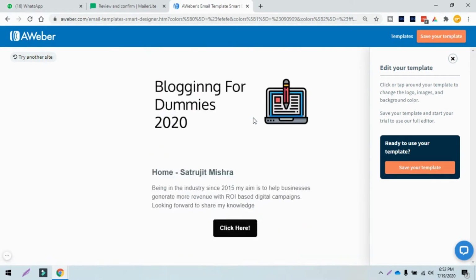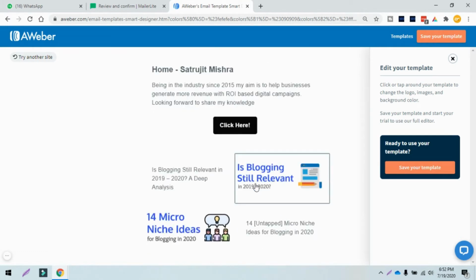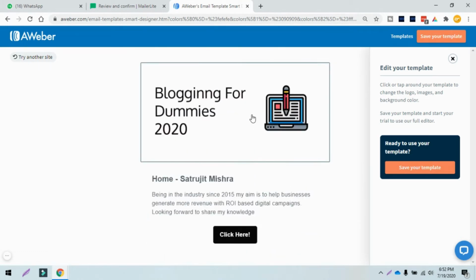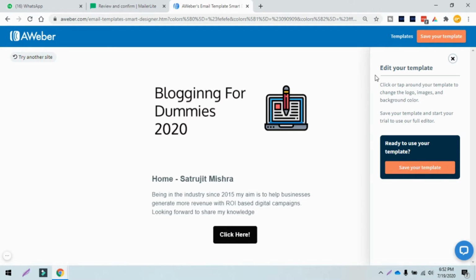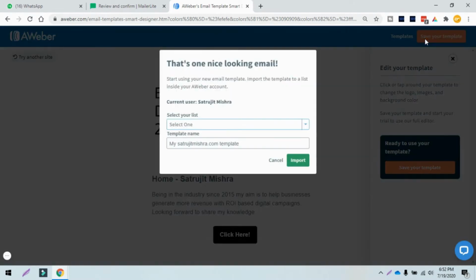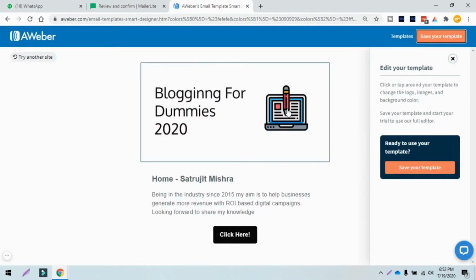It will take you at least 30 minutes to 1 hour to build such a template. So why not use this smart designer? I really love this particular feature, which I really don't see anywhere else in the market. If you want to save it, you can save the template. You can just choose the list you want. Then you can give a template name. Let's say test. Then click import.